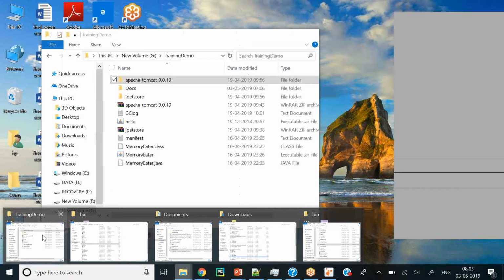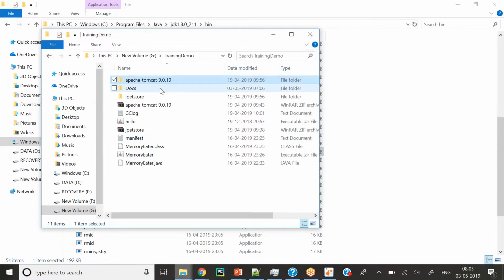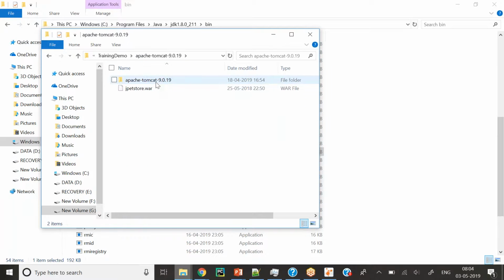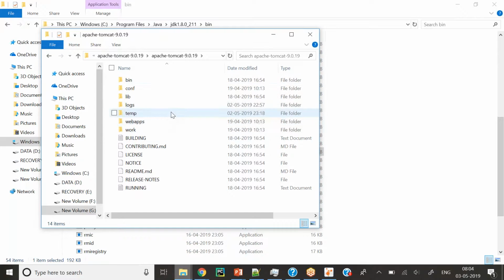come back to the directory where we have installed our JPetStore and the Apache Tomcat. I have extracted this Apache Tomcat here in my G drive, and under Apache Tomcat I have this JPetStore war file deployed. The video already has all the instructions on how you set it up and get it working. Under this folder you can see there are different directories: bin, conf, lib, and all these things.